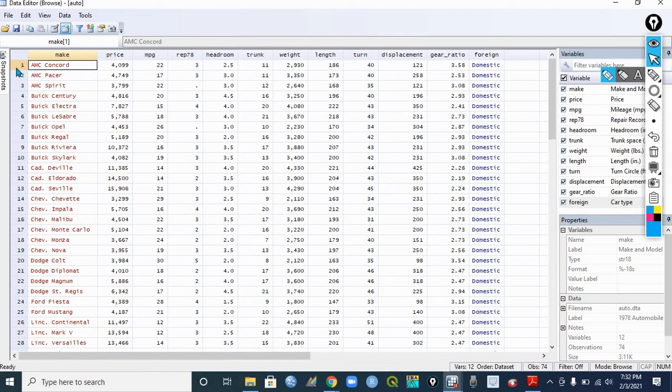For example, our first case, the make is AMC Concord. The price of that make is 4,099. The mileage that it has covered is 22. Then the headroom, and again,